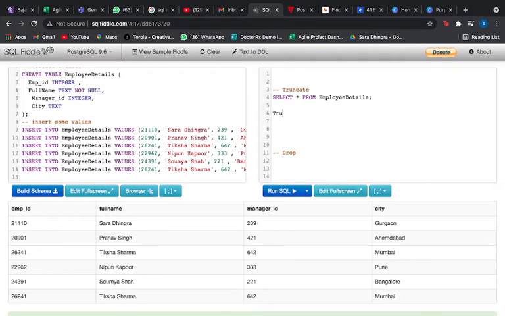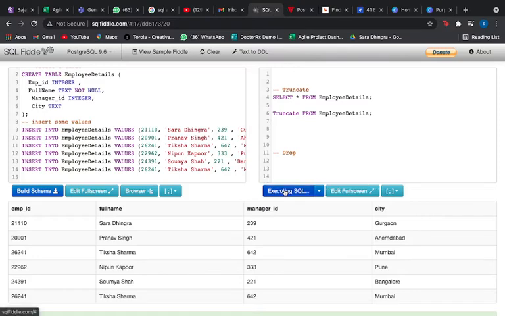So if I write truncate from employee details. Alright, so I can't add any condition here. I can't use the where clause here and mention which tuple I want to remove. If you are using the truncate command, that clearly means that you are deleting all the rows. You are removing all the rows from the table. You're not removing the table itself, but you're removing all the rows from the table. You don't have any option here as to which rows to keep or which not to keep.